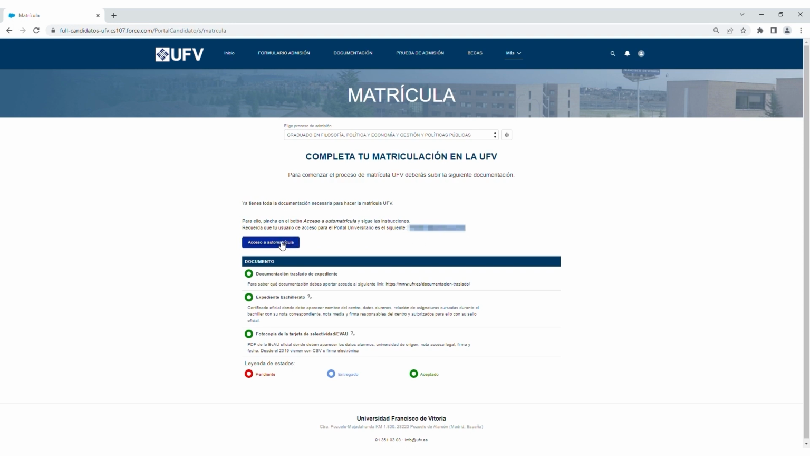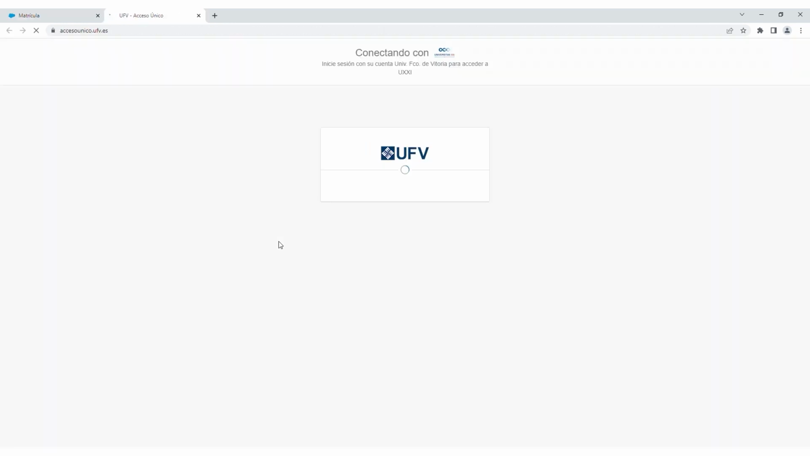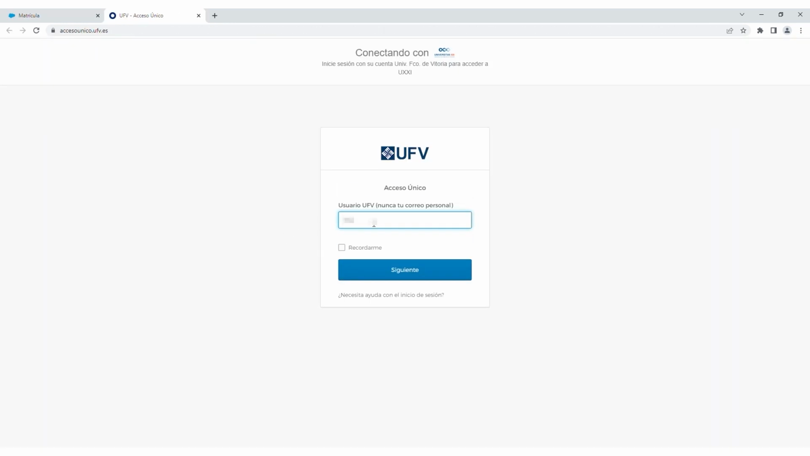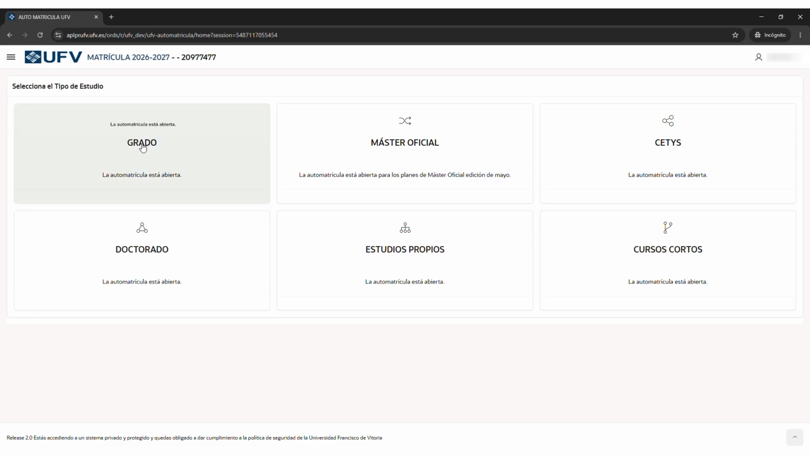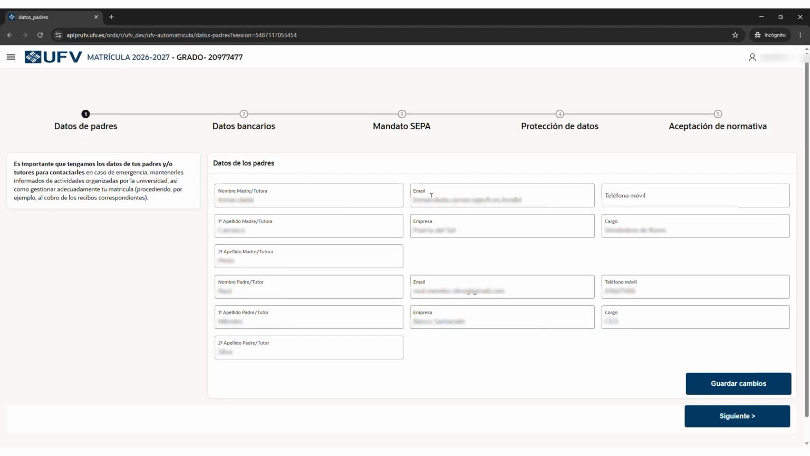Click on Acceso a Automatrícula and enter the username we just mentioned. If you don't remember your password, don't worry. You will be able to reset it. Log in and click on Grado. Fill in these fields with your parent details, save the changes, and move on to the